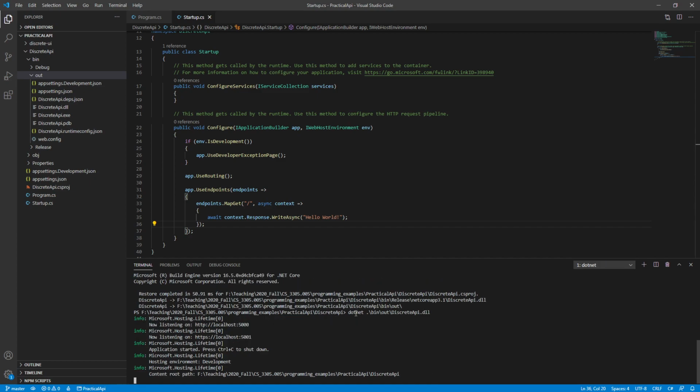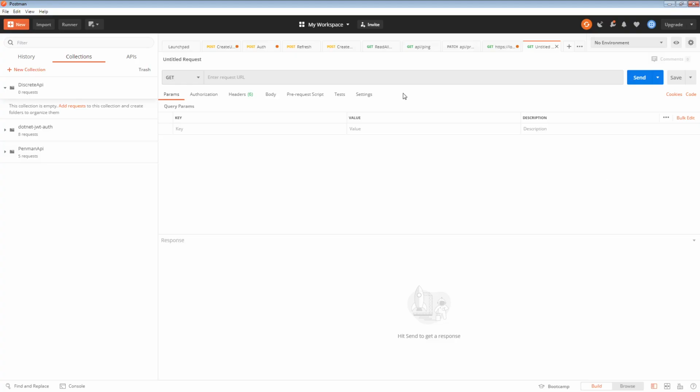And so .NET is the application, and we pass in the DLL, and it knows how to deal with it. So even though it's not an exe, it's a linked library, and the .NET command line interface knows what to do with it. Okay, so it's running. In theory, we can access it on this. So let's go to our API testing tool,